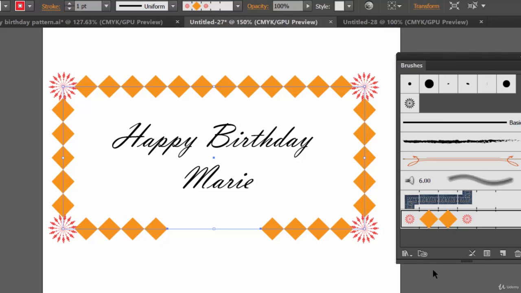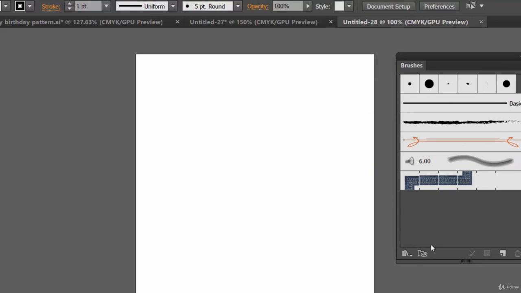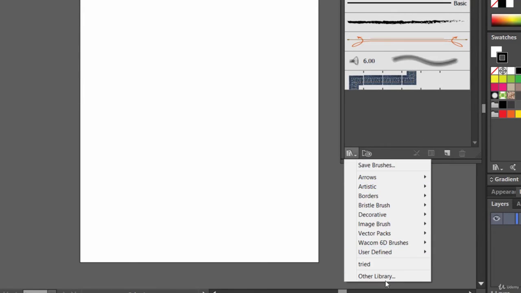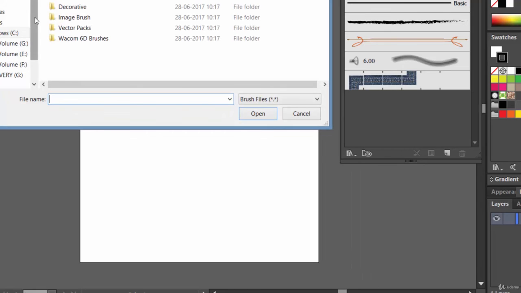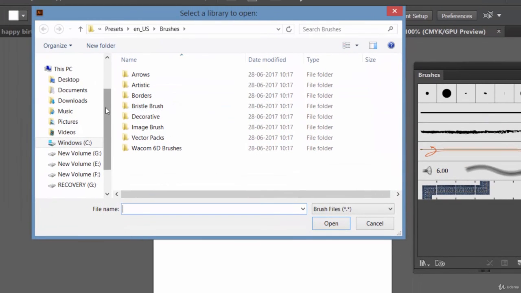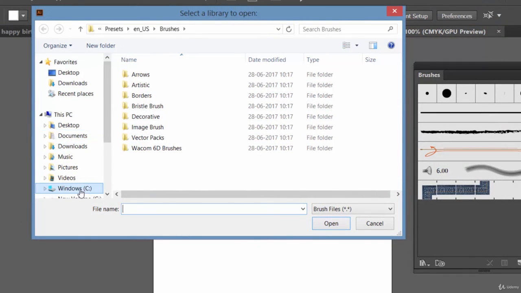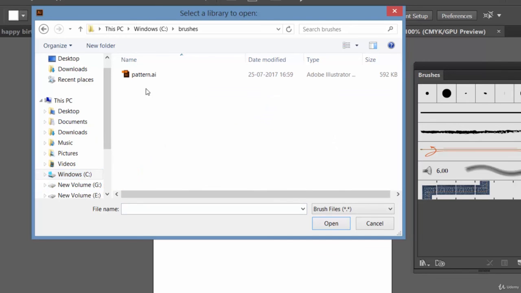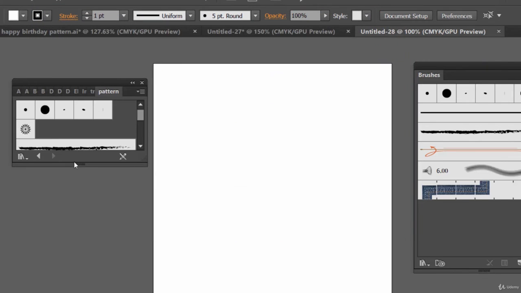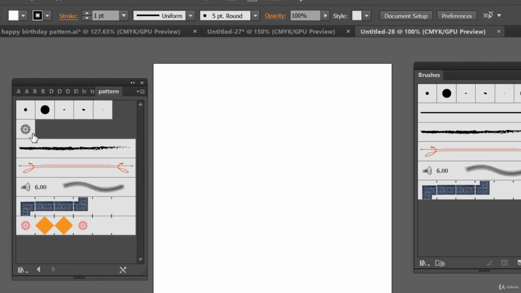Let's save it. Now let's come here, let's click on other library, and where it is, it's inside the C folder, brushes, pattern.ai. See, there you go. Now you can see, right?